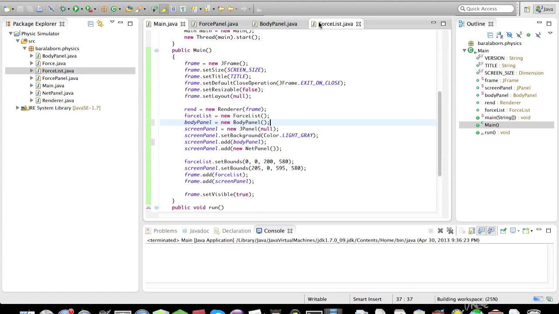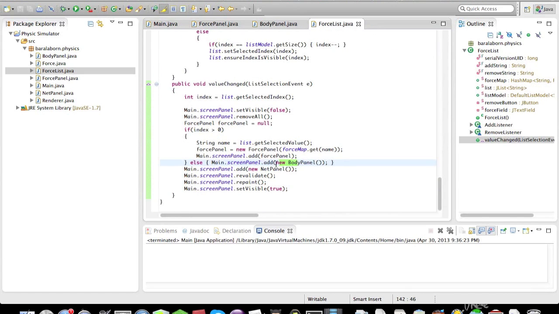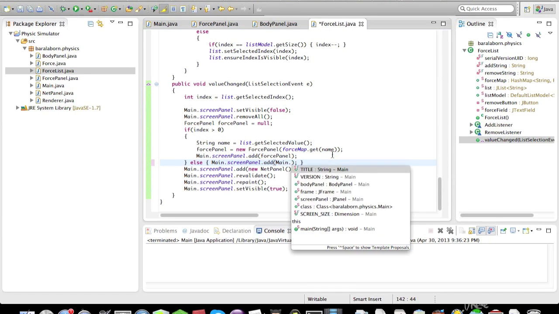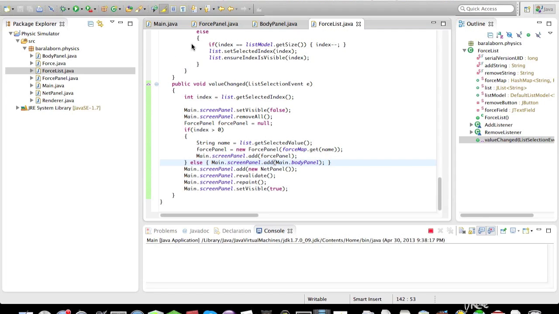And when we go to ForceList, when we actually switch selections, it's not going to add a new BodyPanel, but it's going to add Main.bodyPanel. Wait. Did I put that in Main? Main.bodyPanel. Sorry. I did not see that. So now it should work again. So if I go up here, and as soon as it starts to pop up,